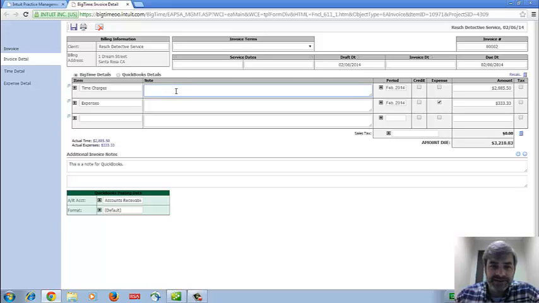I may add these notes here. This note will basically be incorporated as part of the invoice and will post through to a description line inside